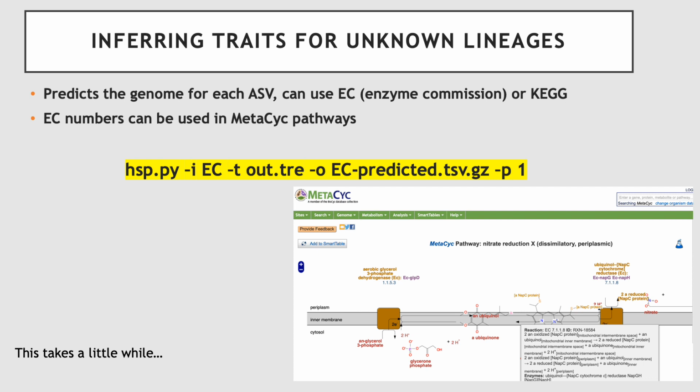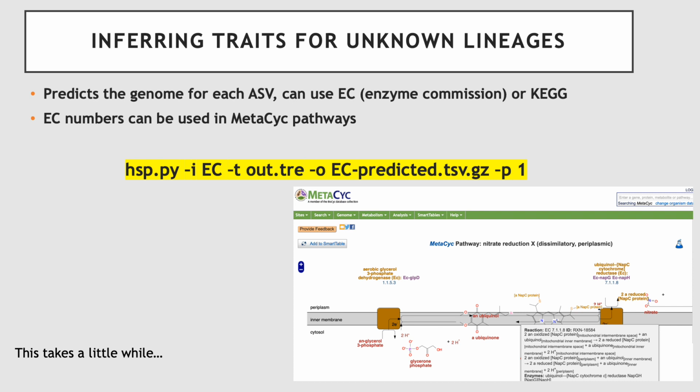The one that I have showing on the bottom right is for dissimilatory nitrate reduction, and you can see there are many arrows going from one enzyme or a protein to another, and each of these arrows represents an EC number. So these are really enzyme numbers that fall into some sort of metabolic pathway that can be found on this